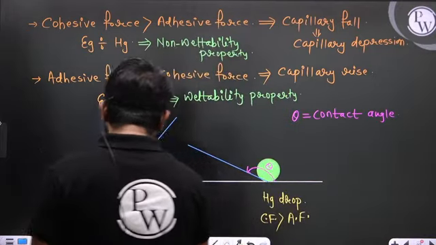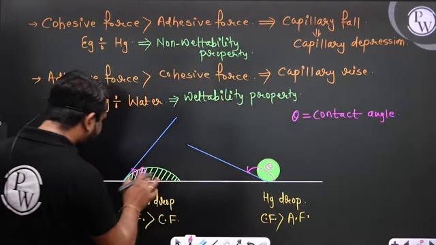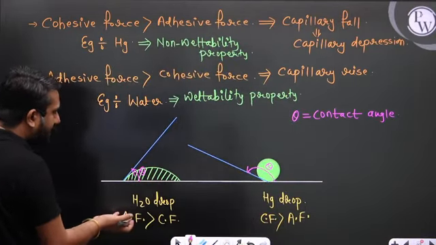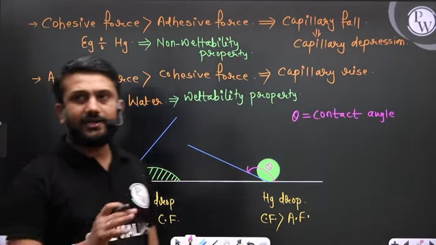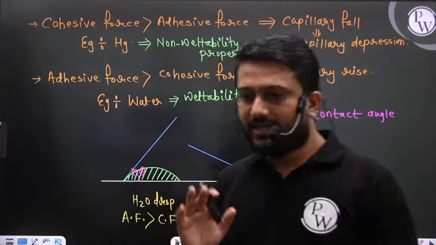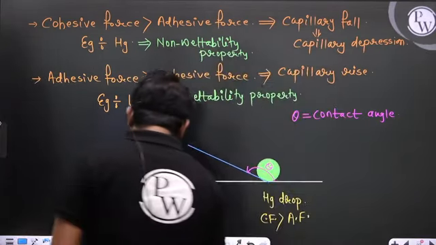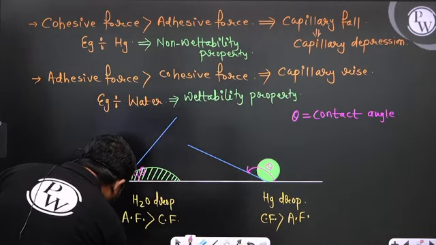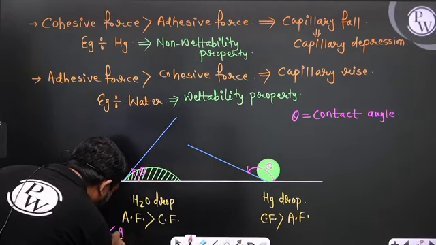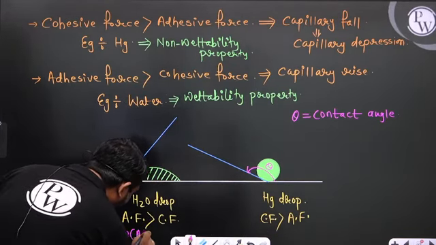So tell me, in this case, is theta less than 90 or greater than 90? It is very much clear, your theta is less than 90. That means the angle is ac-